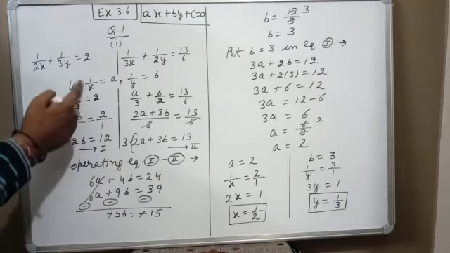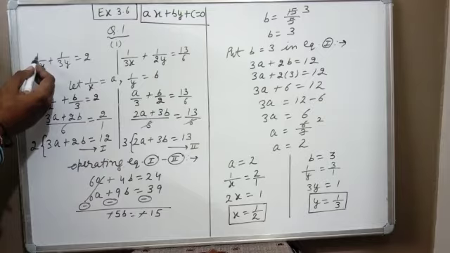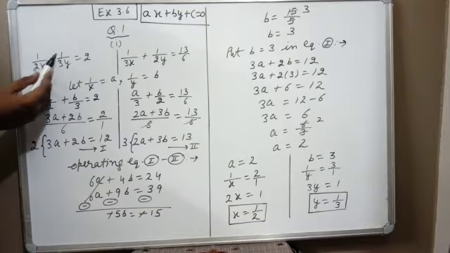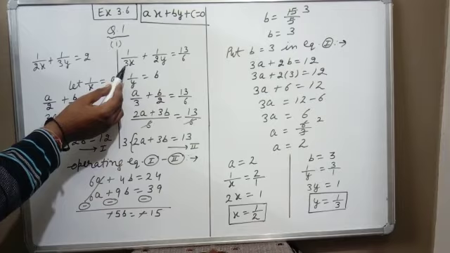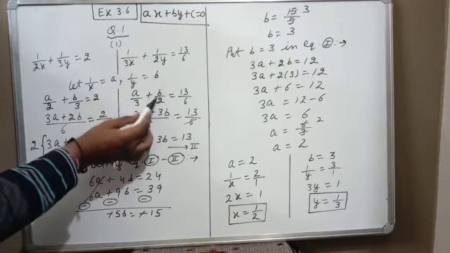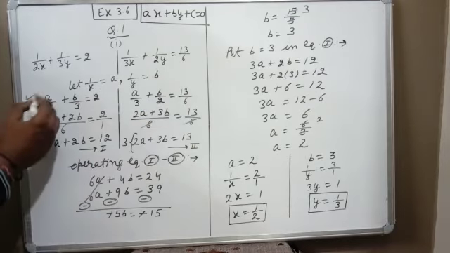So in this question, let 1 upon x equal to a, 1 upon y equal to b. If I leave 1 upon x, then 2 is left. This 2 is in the denominator, so we will write a upon 2. If I leave this 1 upon y, then we are left with 3. 3 is in the denominator, so we will write b upon 3. These two as it is. In the same way, 1 upon x we will write a, then 3 is in the denominator, so a upon 3. In the same way, here we will write b upon 2, and here 13 upon 6. Now the question is in fractions. This is the main line of the question.